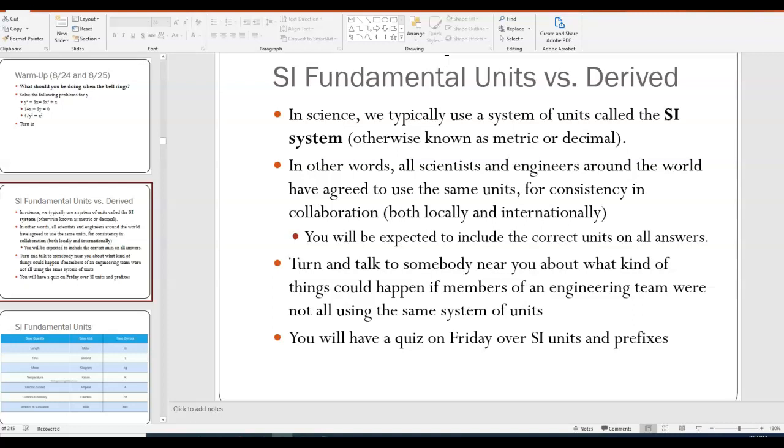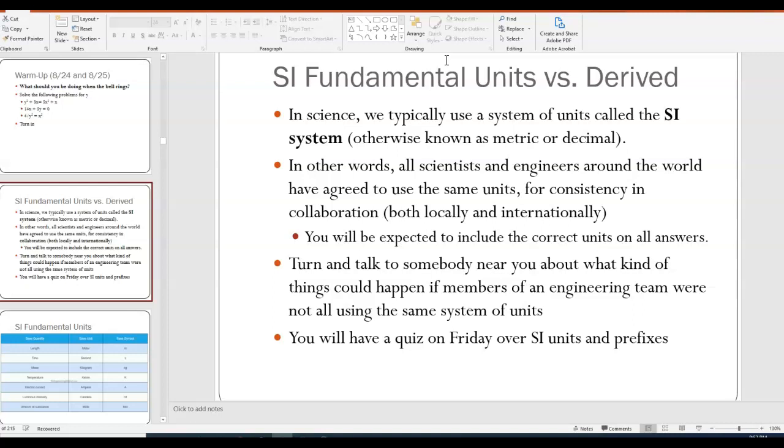So units are really important, and it's really important that we have a consistent set of units in science, because some countries use different unit systems. Here in the United States, we use the English system of units, like feet and inches. In Europe, they use the metric system, right? Kilometers, meters, stuff like that. So from country to country, in the general population, different countries might use different systems of units. But in the scientific and engineering communities across the world, we typically always use the SI system of